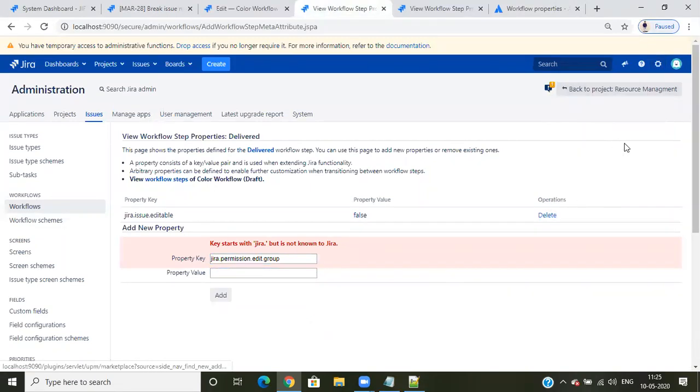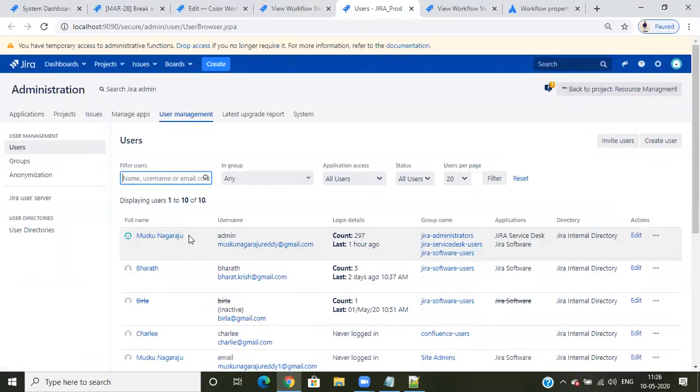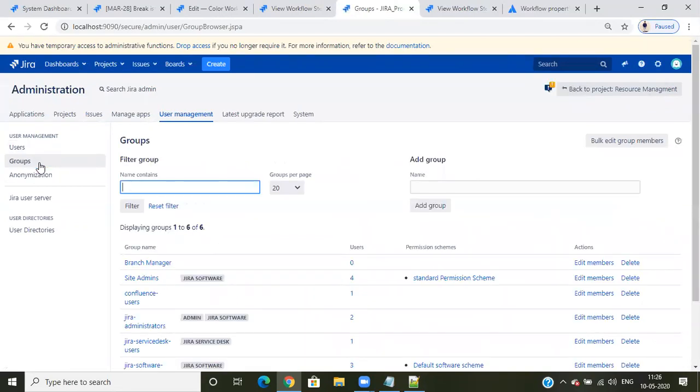Suppose I manage the group here, and we select some group.